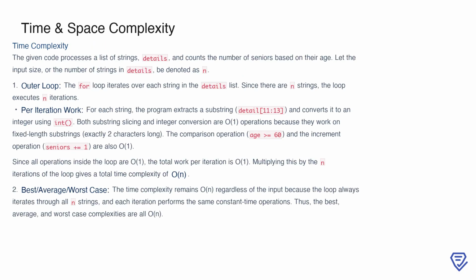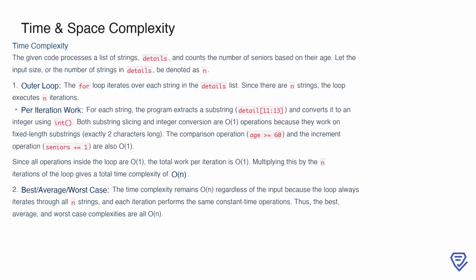Here, we analyze the time complexity of our solution. The code processes a list of strings called details to count the number of seniors based on their age. If we let the size of the input list, or the number of strings, be n, we can break down the operations as follows. The for loop iterates through each of the n strings in the list, meaning the loop